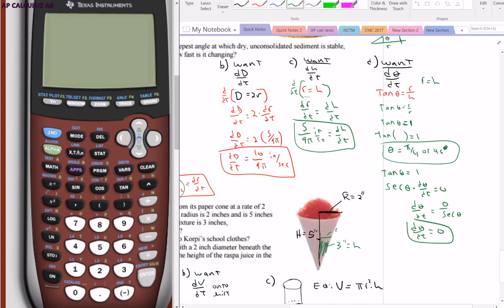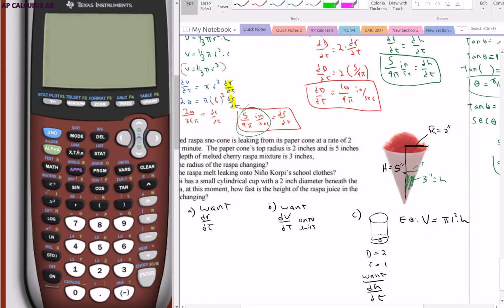It's not changing, right? By definition, it's the angle at which it will build itself up always, right? So it doesn't matter how high it is, that will be the angle always, which is kind of cool. All right, so